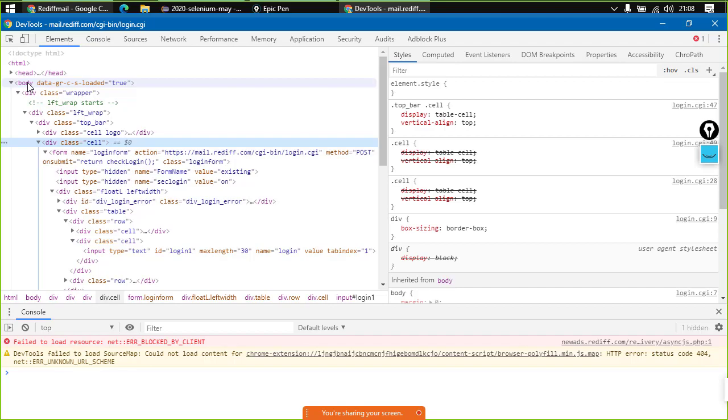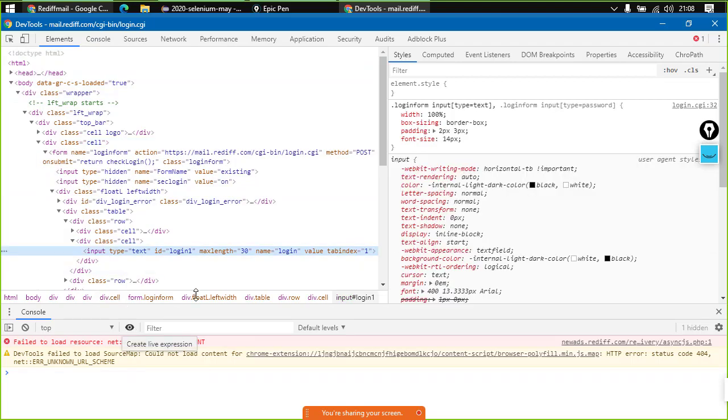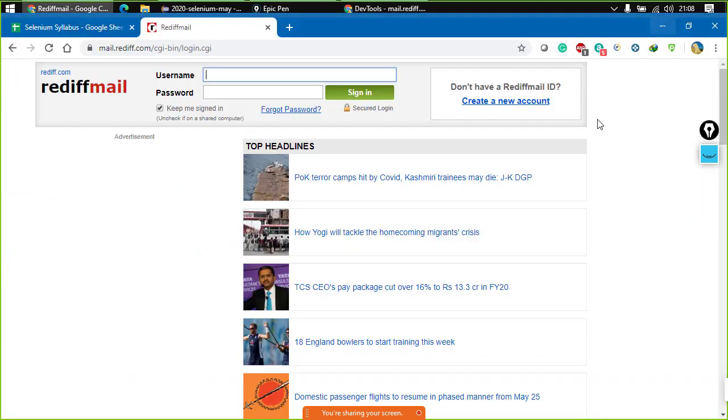Now XPaths not only work for HTML, they also work for XML. Originally these were made for XML only, and now we can work with HTML files as well. Now over here, how can we generate an XPath for this particular element? Or let us just do one thing. Let us try using some other element that we were not able to work with earlier.